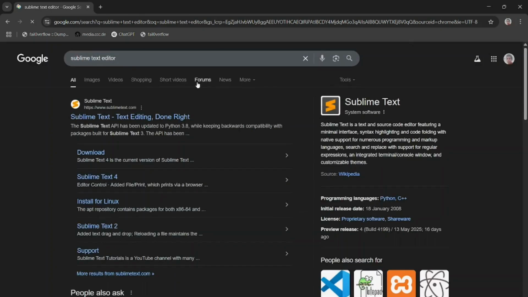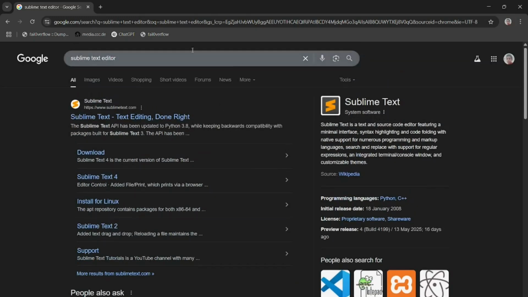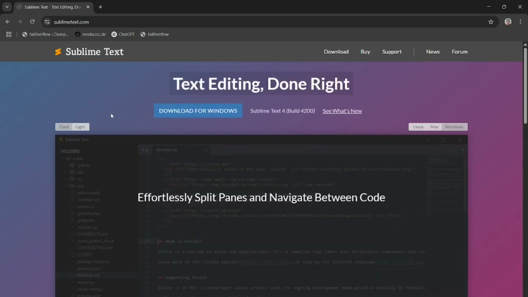You can see here there are many websites present. Sublime Text, editing done right. You should click on this link. When you click on this link,